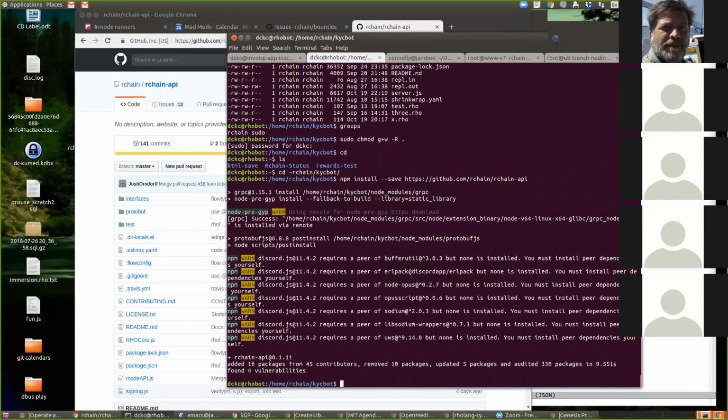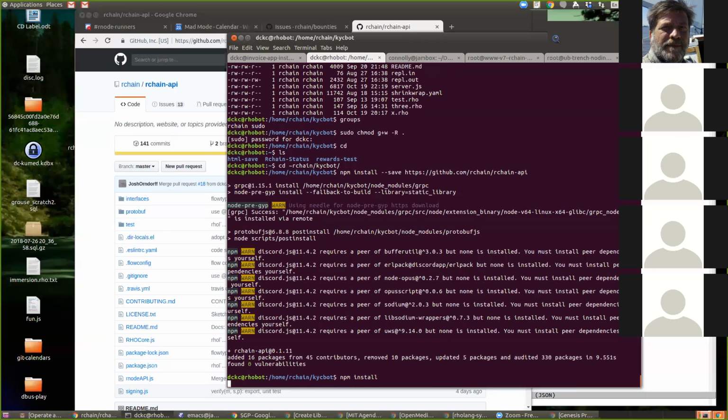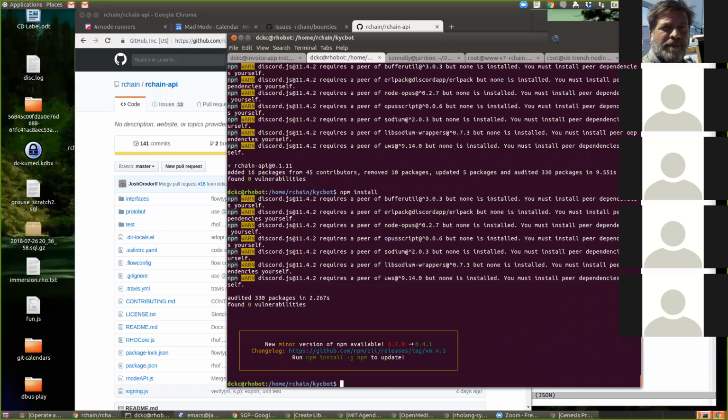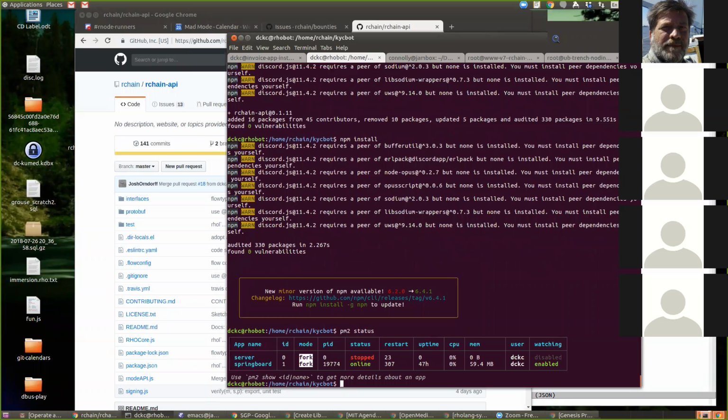Do a make install, npm install. Well, it requires a peer of buffer util. Well, I don't know. Is it running right now? It's running. How could I tell that it's running?